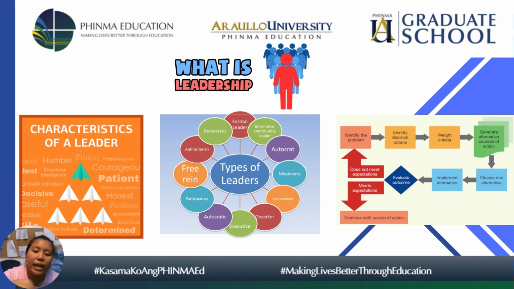Okay? Ayan. So we have different theories. I did not place it in the slide. We have different theories about the emergence of leaders. I will just be summing it up quickly before we talk about the different types of leaders. We have situational theory. In this situational theory, the qualities of a person are those needed to deal with the situation, and so he is selected as a leader. Depending on the situation, kaya siya napili.